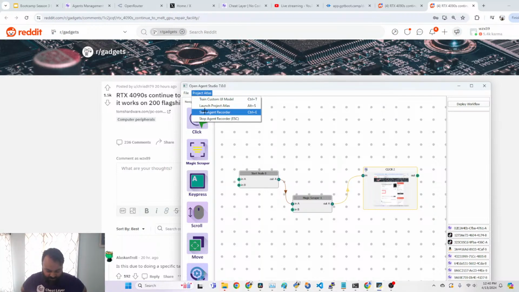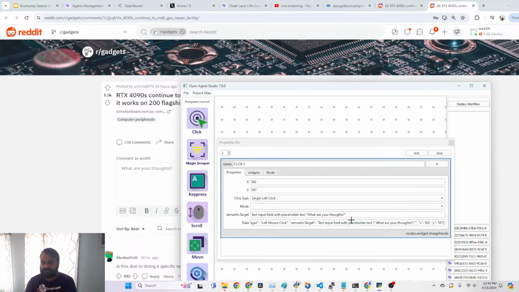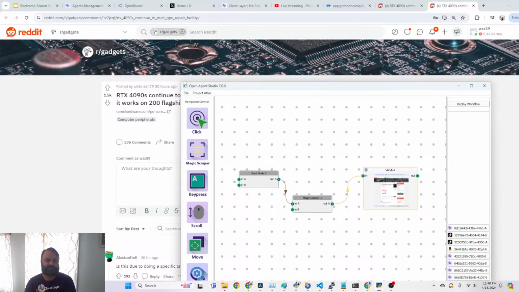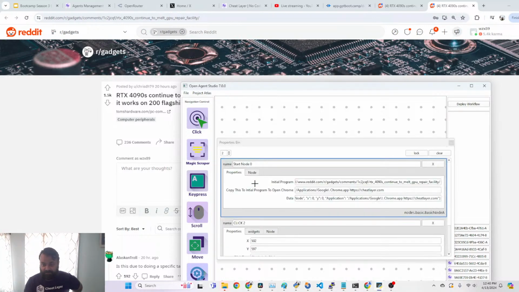So what the agent recorder does is it does a lot of this for you, where you can just perform your actions like keyboard clicks, mouse actions, and it'll generate this whole graph for you. So it saves a lot of time, and as you can see that the auto-generated targets are very accurate now. So we solved a cool breakthrough recently that allows us to publish the agent recorder that will save a lot of time. It'll do most of this for you. It even actually deduces what the start website is for you and fills that in for you.